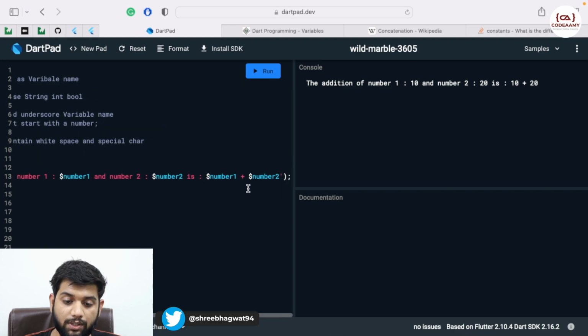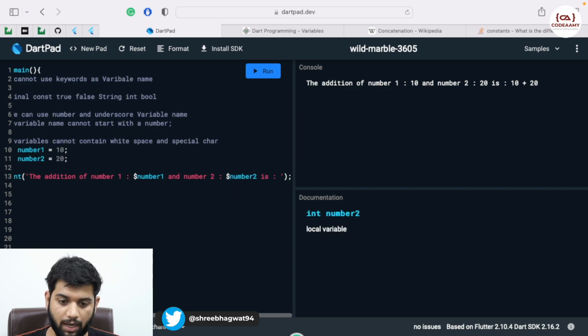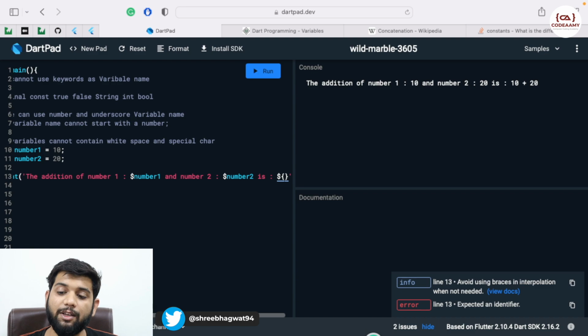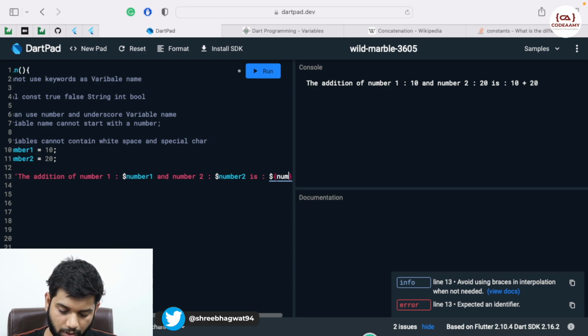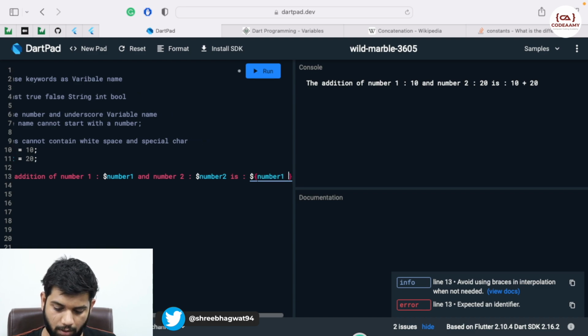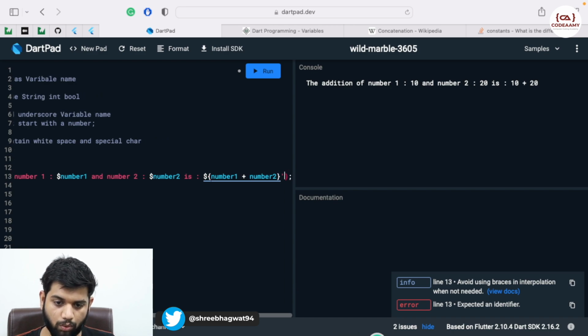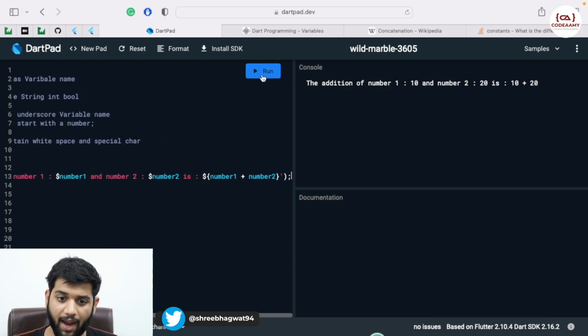So what I can do is remove this over here, and for number2, I'll create a dollar sign. I will open curly brackets, and whatever is inside the curly brackets will work as a function. So let's say number1 plus number2. Okay, and if I hit run now, this will show 30.